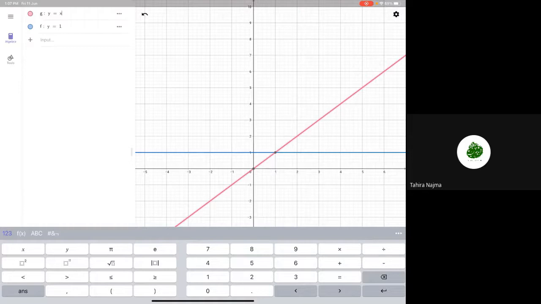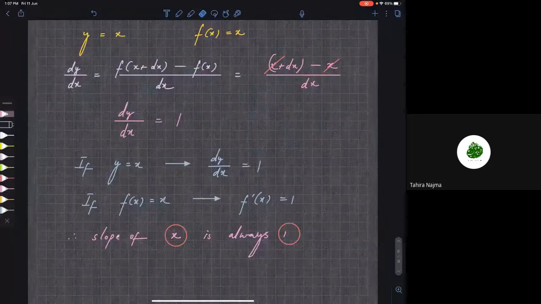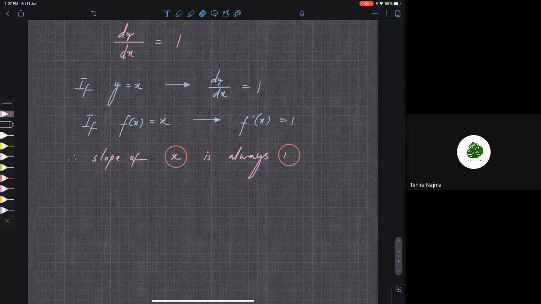Are you getting my point? That means the slope of the red line is equal to the value of the blue line. What is the slope of the red line? Yes, sir. Everywhere it is 1. The value is everywhere 1 for the blue line. Clear? Okay. Now, what if f of x is